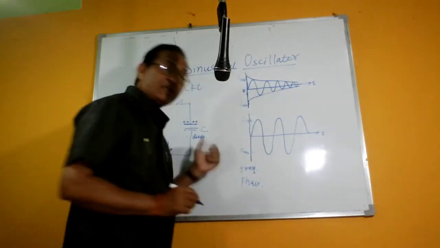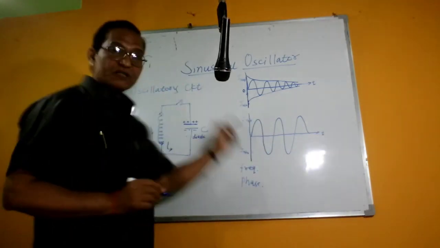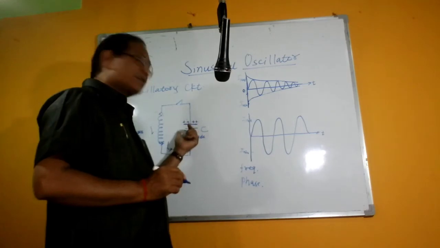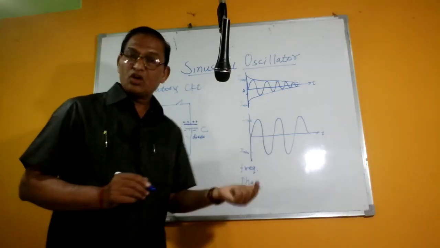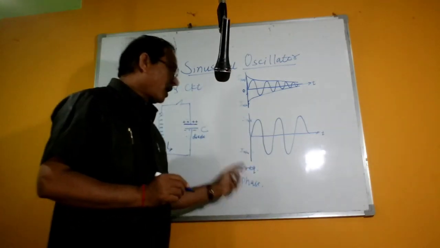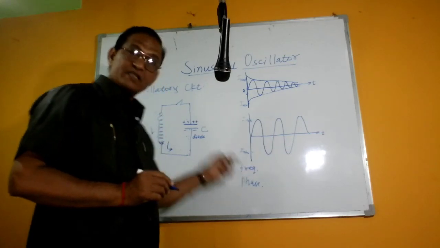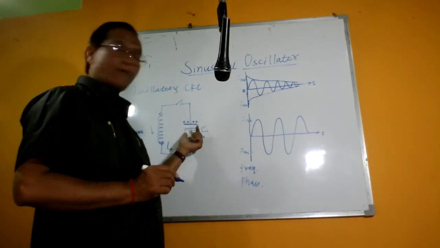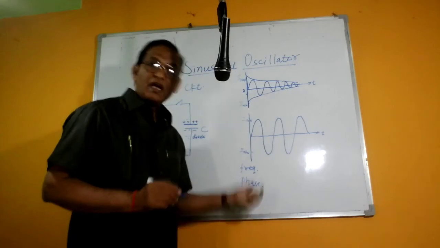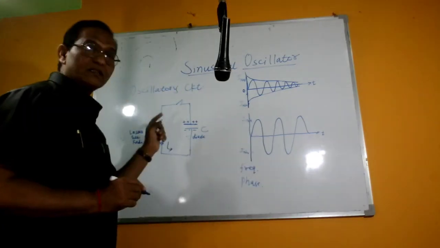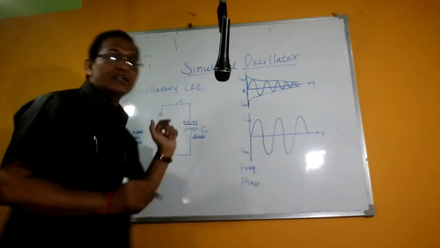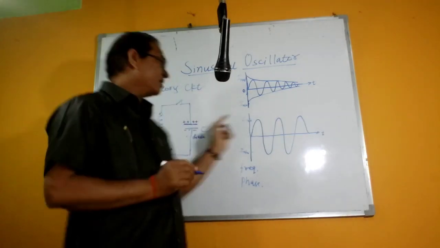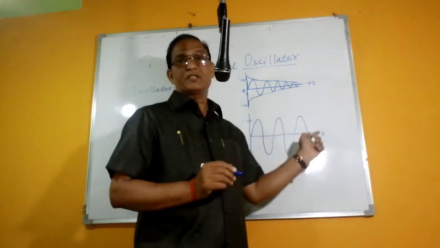If we satisfy the three conditions, that the energy applied to the tank circuit should meet the losses, should have the same frequency as the oscillations of the tank circuit, and should have the same phase as the oscillations of the tank circuit, then if we fulfill these three conditions, we will get continuous undamped oscillations from